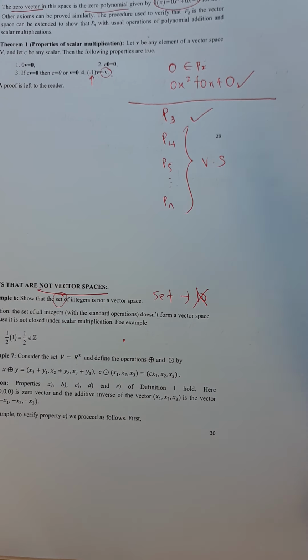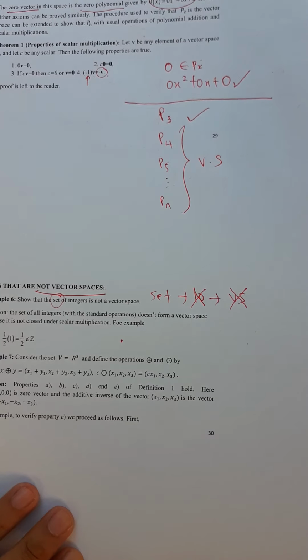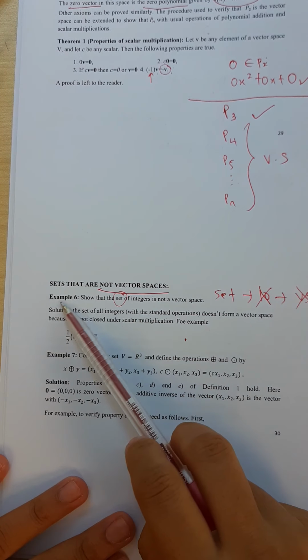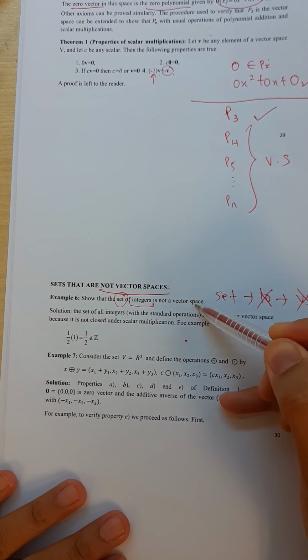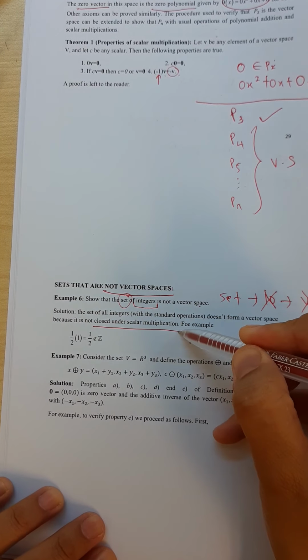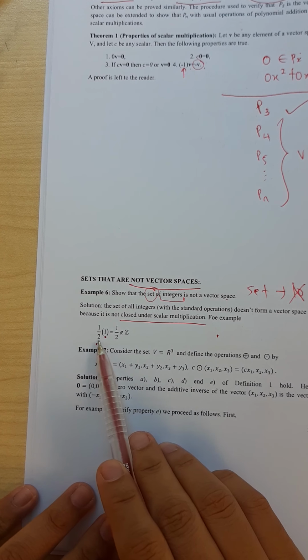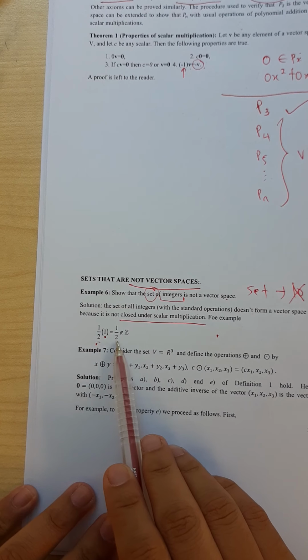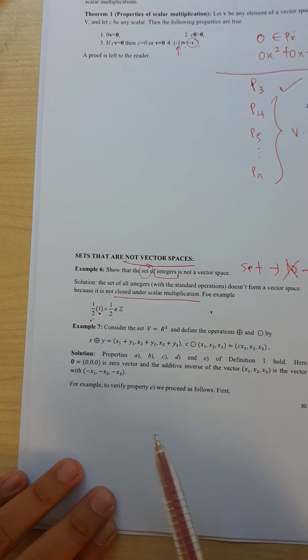You only have to find one property that is not satisfied, and that is enough to show that a set is not a vector space. For example, in example 6 here, the set of integers is not a vector space because it doesn't satisfy closure under scalar multiplication. An integer 1, if you multiply it with the scalar one half, you will get one half, and one half is not an integer, right? And also example